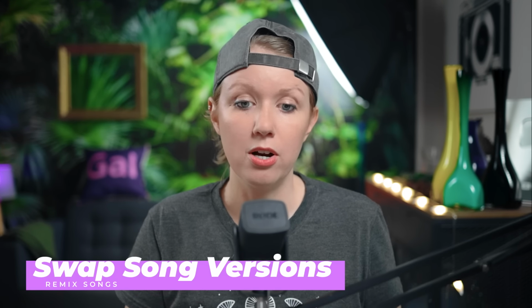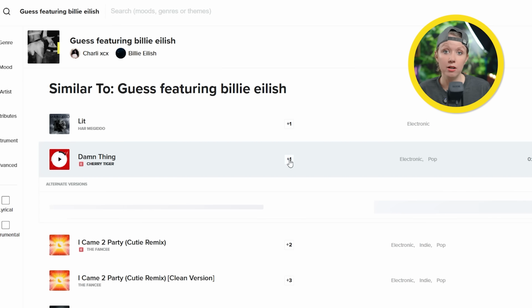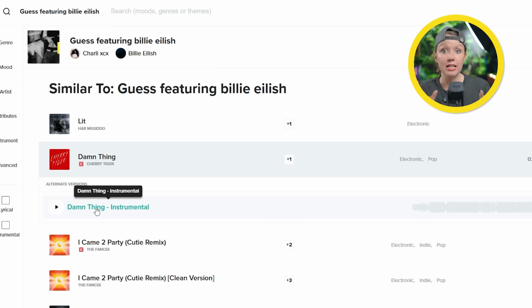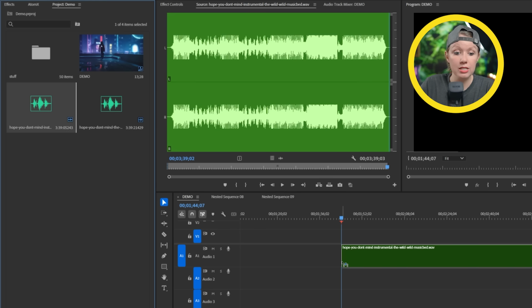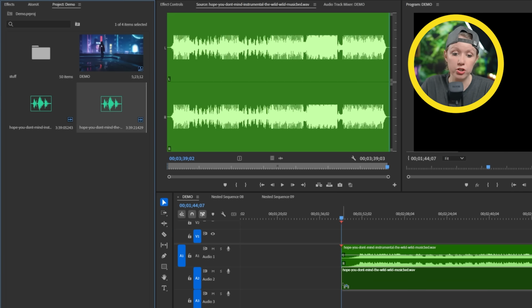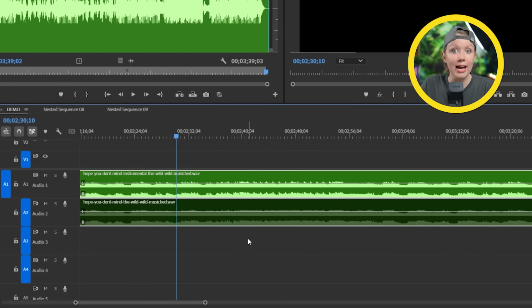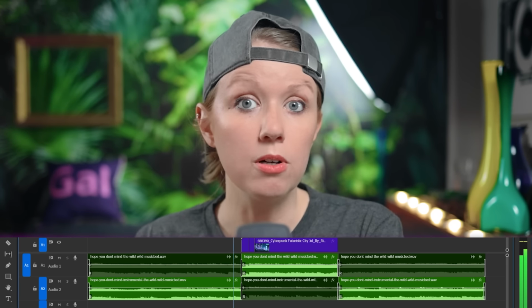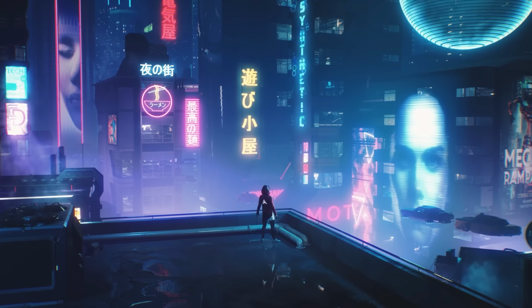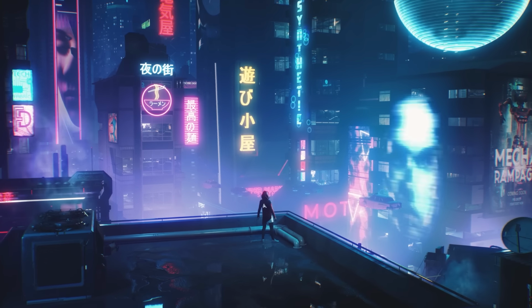Yet another trick is to cut between the instrumental and the lyrical version of the song. And on Musicbed, most of the songs have an instrumental and a lyrical version. So what we can do in Premiere is line up both of these different versions and cut back and forth as you see fit. So this is great for cutting away to B-roll. For example, right now when I'm talking, there's instrumental, but then if we cut away to B-roll, can you hear